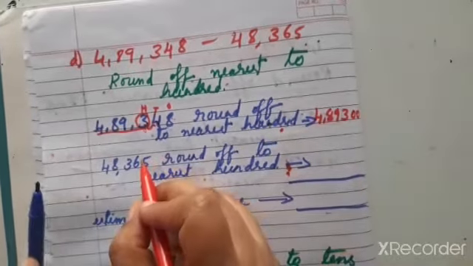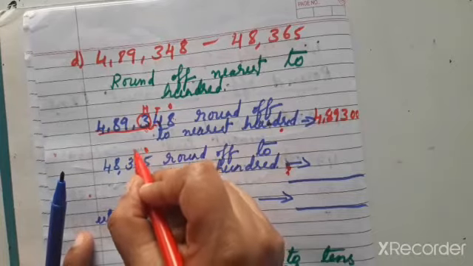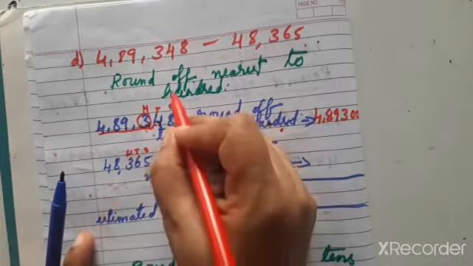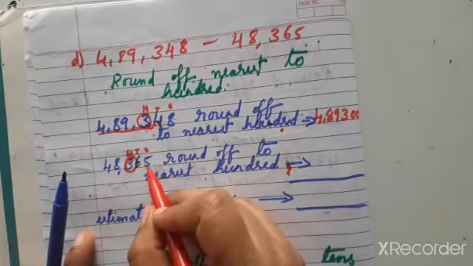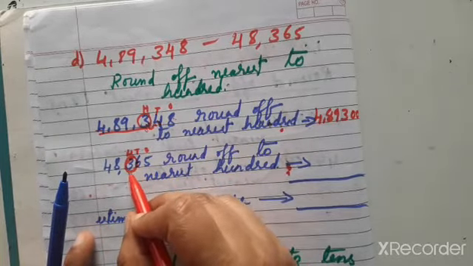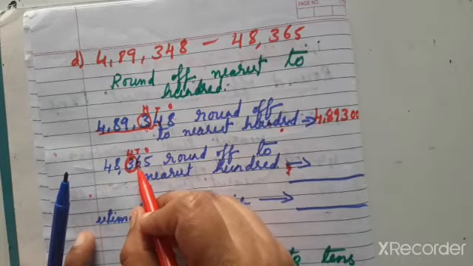Okay, so here the first step is to check the place value. Ones, tens, 100. We are rounding off at the 100 place. That's why 3 is rounded off. Now the next step is to knock the door. Neighbor, knock the door and ask, do you have 5 rupees or more than 5?